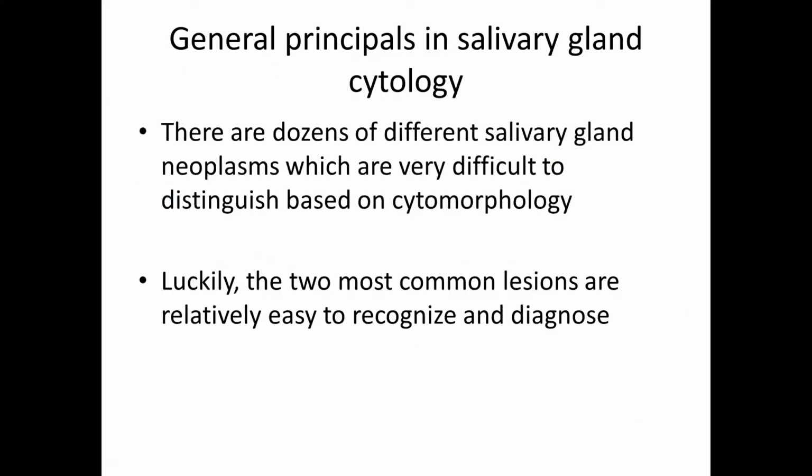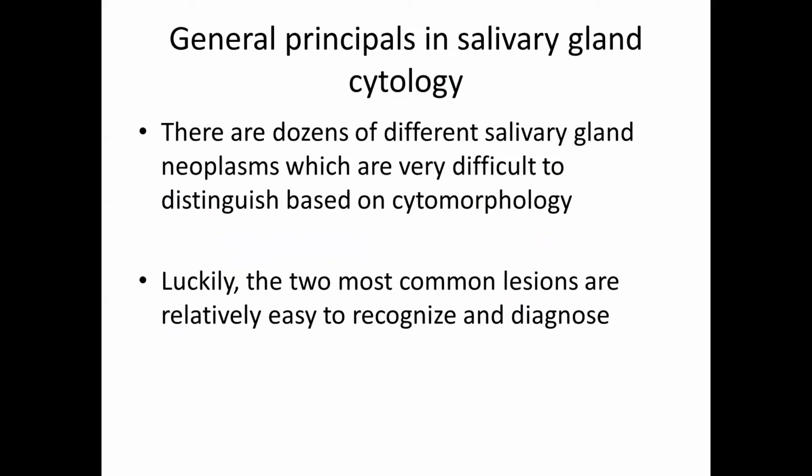So, moving forward, just general principles in salivary gland cytology. Again, we alluded to this earlier, but there are dozens, 40-something different salivary gland neoplasms that have been described. And unfortunately for us, there's a lot of morphologic overlap between these dozens of different salivary gland tumors. So they look very similar to each other, many of them on aspirates alone, which introduces a lot of difficulty and a lot of consternation in regards to how to classify these tumors. The lucky thing for us is that the two most common lesions, and maybe several other lesions that occur fairly frequently, but definitely the two most common lesions, meaning Warthin's tumor and pleomorphic adenoma, are generally easy to recognize and